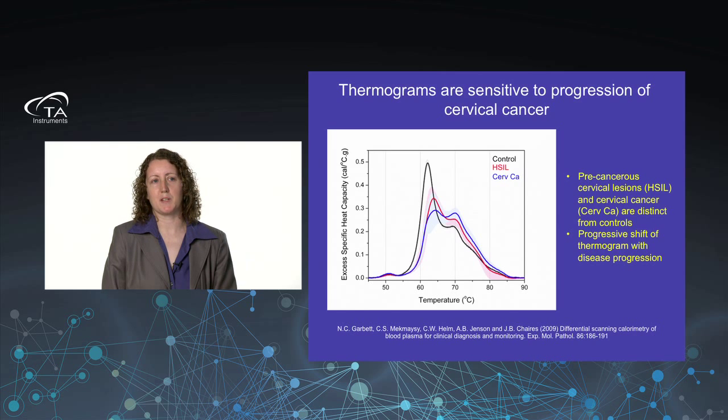And here, one further example, cervical disease. This was in collaboration with Bill Helm and others at the University of Louisville. And so what we wanted to show here was whether DSC had sensitivity to pick up a so-called HSIL patient group, which is a high-grade precancerous cervical lesion. And this is what is primarily detected by the pap smear test